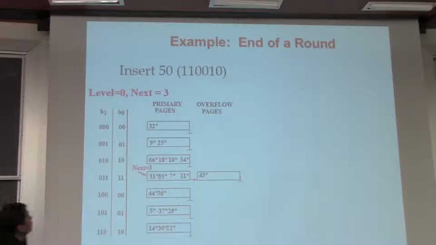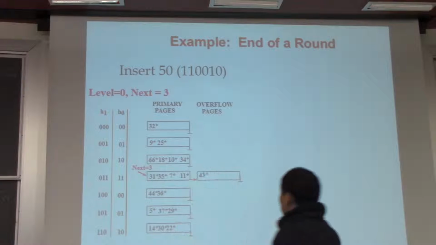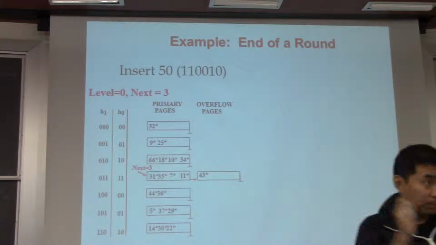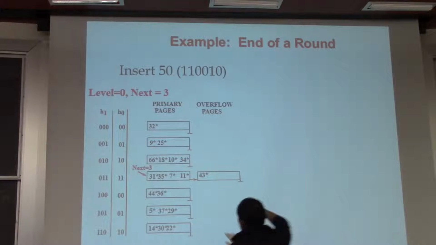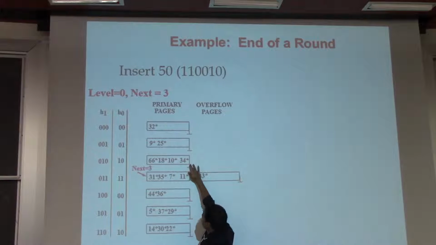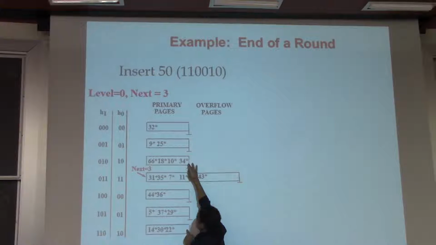Now I'm gonna insert 50. So this is an interesting case, right? When you insert 50, which bucket should 50 go into? Should 50 go into this bucket or the corresponding bucket for this bucket? This and this,